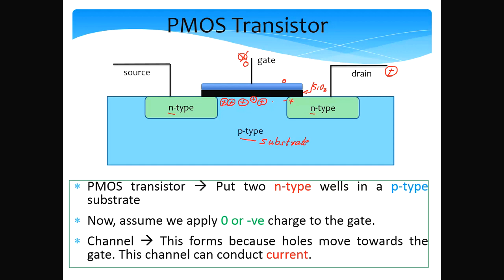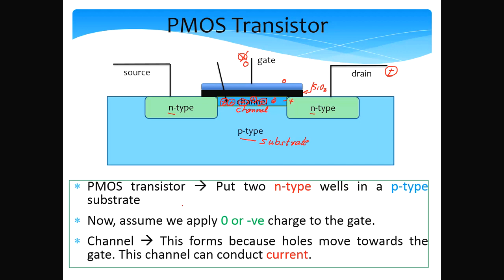So we'll have fewer holes here, but we'll have more holes towards the n type, but nevertheless there'll be some holes over here. So we'll have a lot of charge carriers in this region, mainly because there is a potential difference. Holes will get repelled from the positive regions and move towards wherever they see a lesser voltage, and the lesser voltage is at the gate, so all the holes will try to move towards the gate, and they will accumulate in this region and they'll form a channel. Alright, so this part is the channel. After that, we can have a stable current flow across the channel. So the switching of a PMOS transistor is the exact opposite of an NMOS transistor.